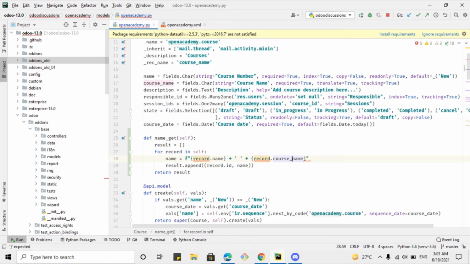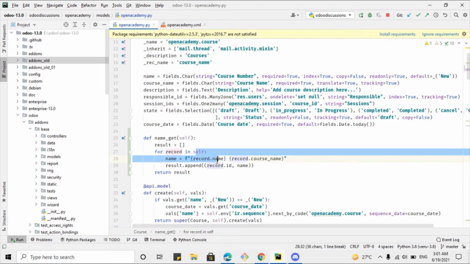Here we want to add these two placeholders, and then let me remove this plus sign and this plus sign. This is how we can add it, and let me remove these strings, and then add a space. So this is the placeholder where we can add record.name, and it will automatically add the reference, and it will be concatenated with the course name.